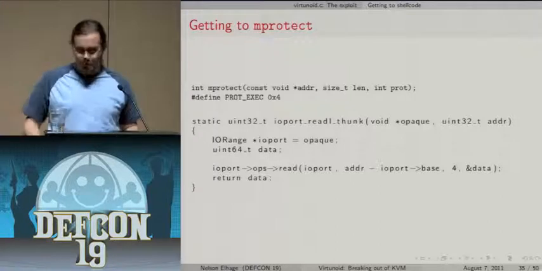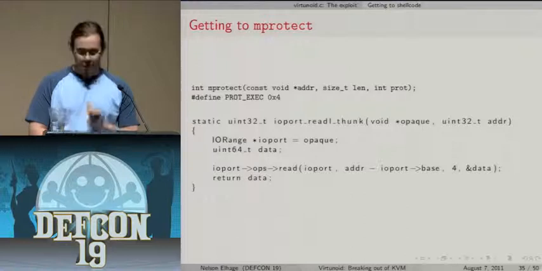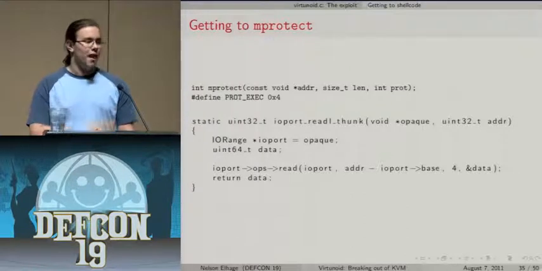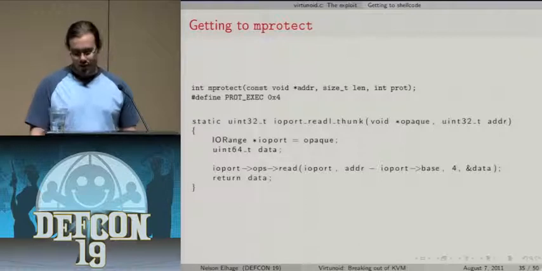mprotect call, because mprotect is what we want to call to set things executable. We need to call it with an address, a length, and a protection value that we want to contain at least PROT_EXEC. A little bit of searching for useful patterns with some grep finds us this interesting function,